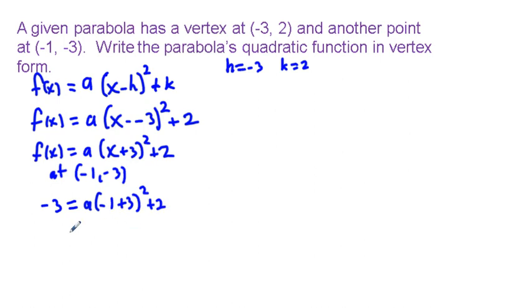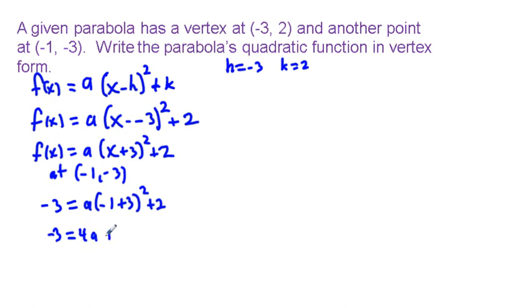So we get negative 3 equals a. Well, how many a's do we have? Negative 1 plus 3 is going to be 2, and 2 squared is 4. So we get 4a